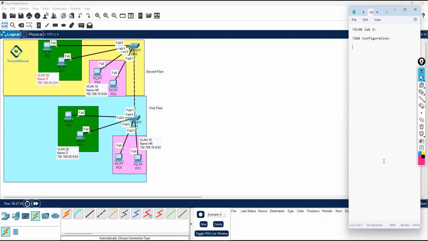Whatever we want to do. Later we will look at what we can do for the link which connects one switch to another switch. So I will write enable, config t, then we will write the hostname SW1, and